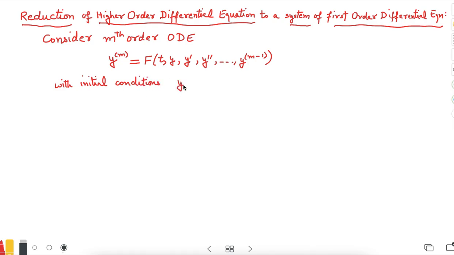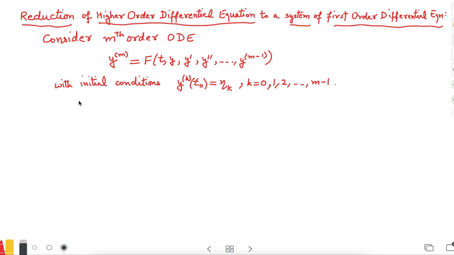That y and its derivatives at t naught are, say, eta of k, where k equals 0 means the y value at t naught is eta naught, then the first derivative value, the second derivative value, and so on up to the (m minus 1)th derivative. The initial values are known. So to convert this mth order differential equation into a system of m first order differential equations,